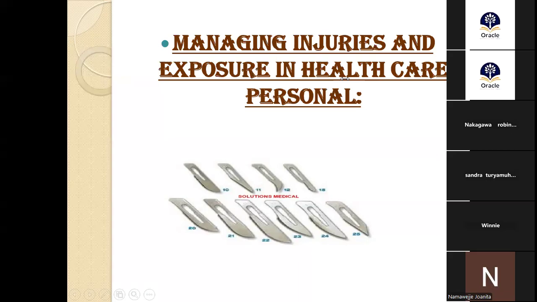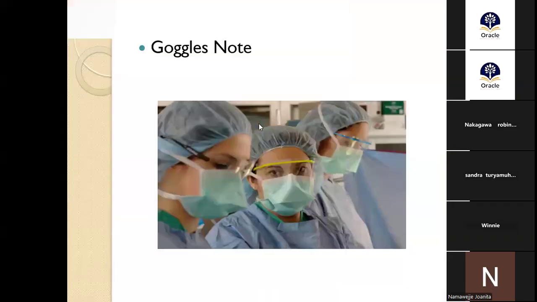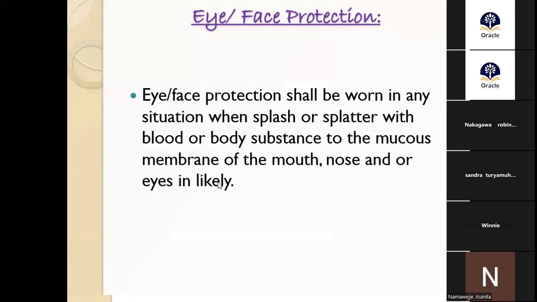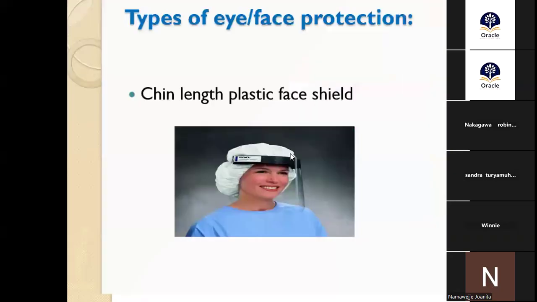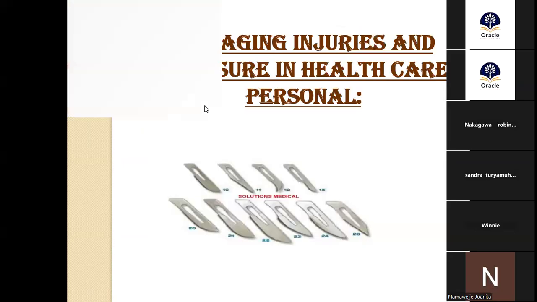We delayed because of recording, but then managing injuries and exposure in healthcare. So standard precautions, you've gotten them, and proper personal protective equipment, like gloving, eye goggles or face shields, and masks. So actually, it's a full question: write short notes about universal precautions. Then another question: write short notes about standard precautions. It's been coming in medicine several times for those preparing for medicine and surgery. Of course, they also ask in Busitema and other universities about these infection prevention and control measures. Then how do we manage